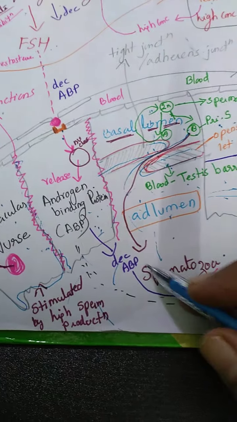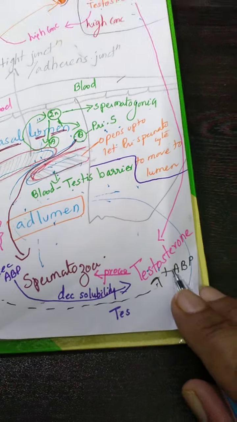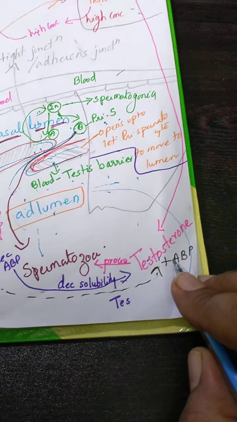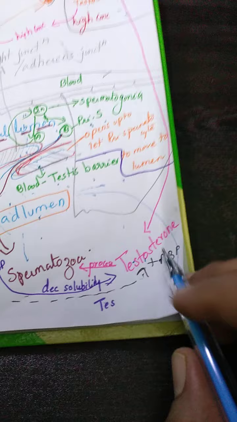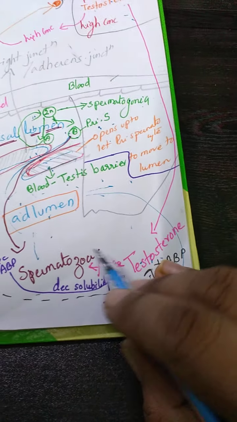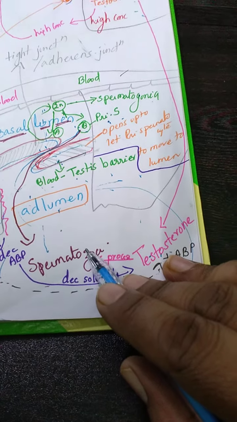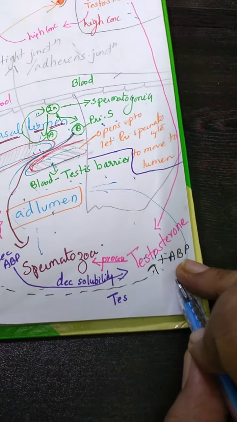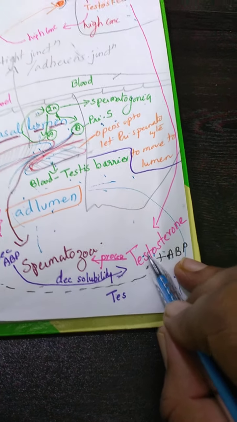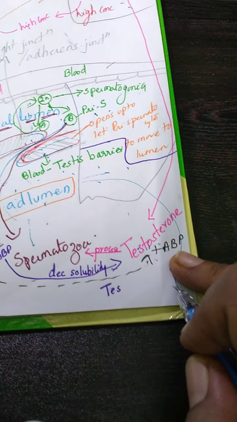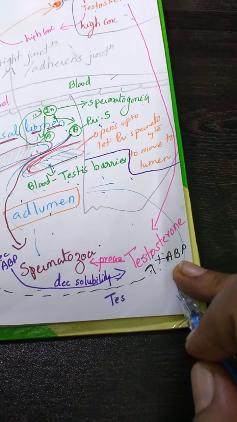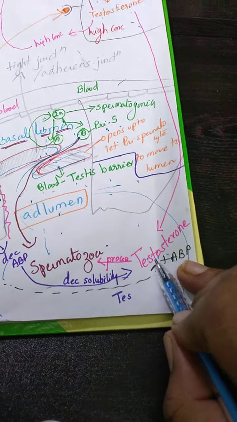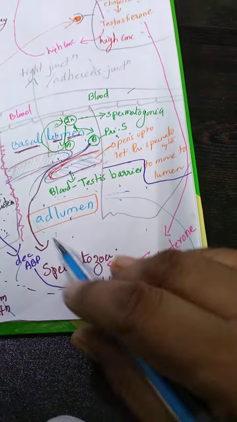Androgen binding protein binds to testosterone. Once it binds to testosterone, it makes testosterone more soluble, due to which it can easily be taken up and acted upon the spermatocytes, so that they can grow and develop better. If ABP is not in enough concentration, the functions of testosterone do not take place properly. So ABP promotes sperm growth. In that manner, it binds with testosterone, and through testosterone, the spermatocyte